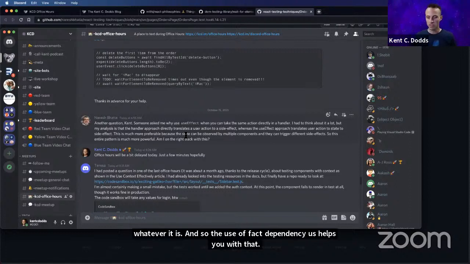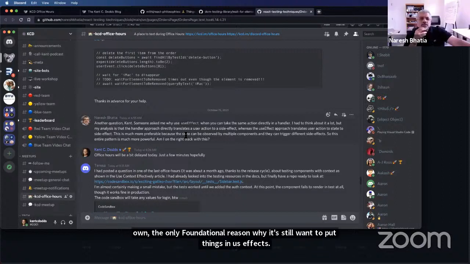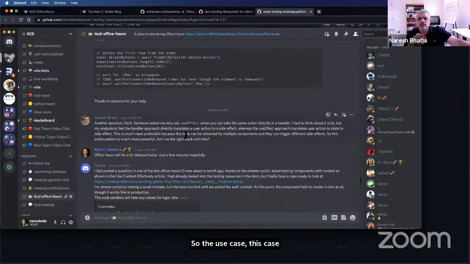But even both of those reasons aren't the only foundational reason why you'd still want to put things in useEffect. So this guy's use case was that the user clicks on a button, there's a handler for it, and in that handler he makes the call to an API.